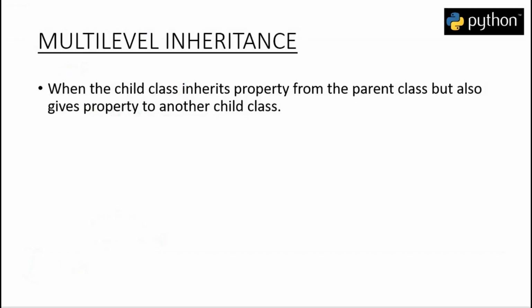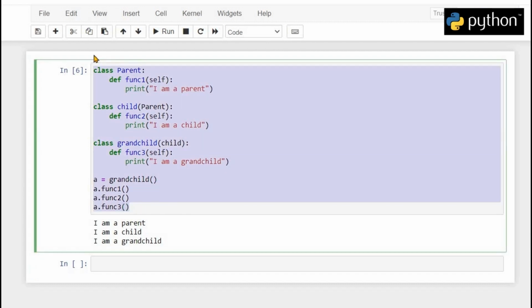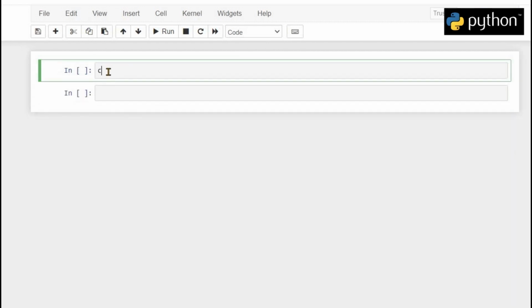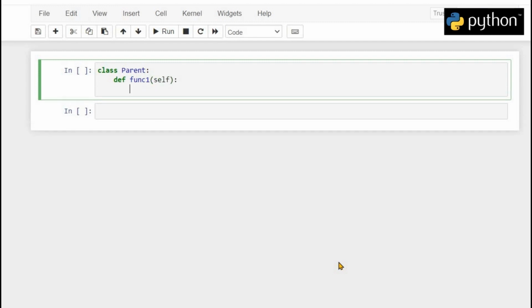Now the other type of inheritance which we want to discuss is hierarchical inheritance. Hierarchical inheritance happens when the same parent class gives properties to multiple child classes. So for example, let's remove all of this, and let's say we have a class called parent, in which we have a function called func1, in which we pass self, and it just says I have two